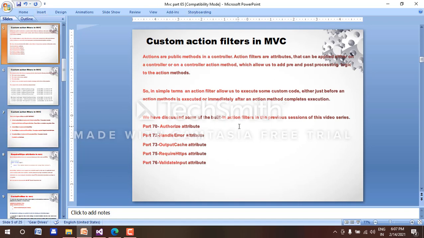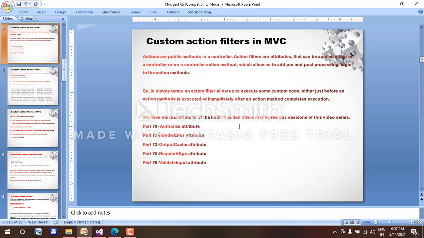Actions are public methods in a controller, and action filters are attributes that can be run before action method execution or after action method execution. They can be applied either on a controller or on a controller action method, which allows us to add pre and post processing logic to the action methods.